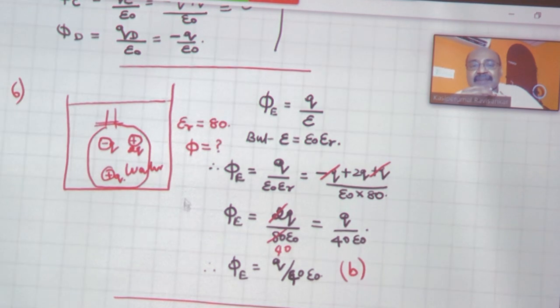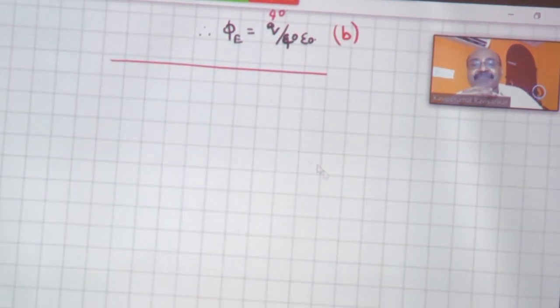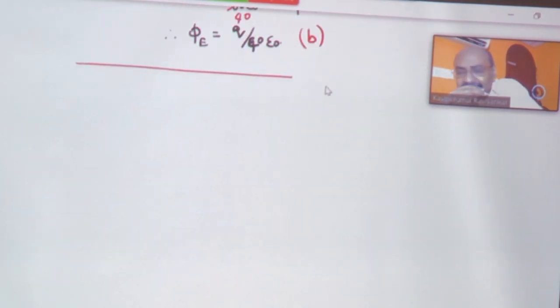Then question number 7. Let us go for the next one. Come on, what is question number 7? Two identical balls having the positive charges Q1 and Q2 separated center to center by a distance r. If they are made to touch each other and then separated to the same distance, the force between them will be. Let us consider the 7th one.